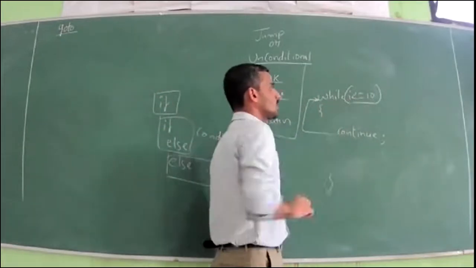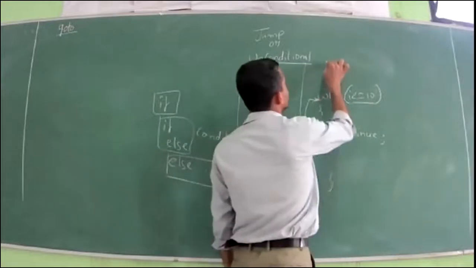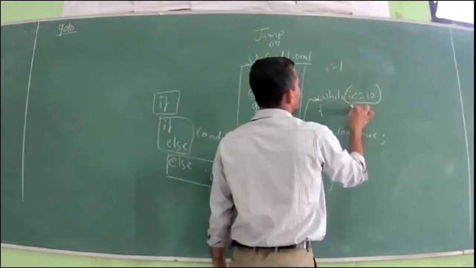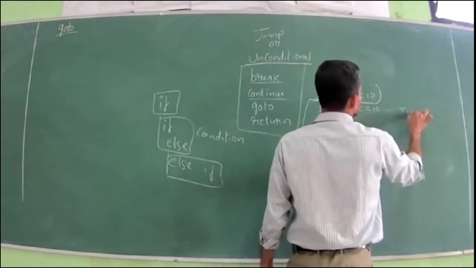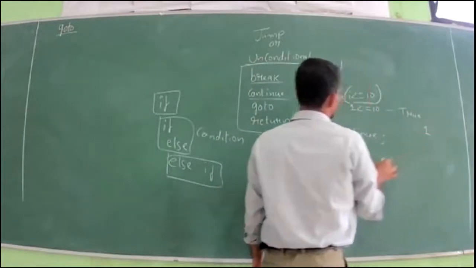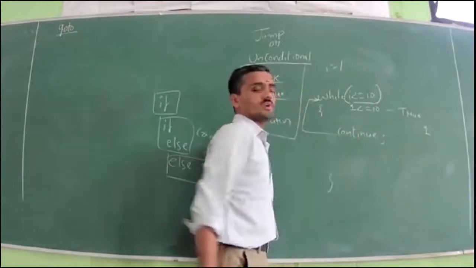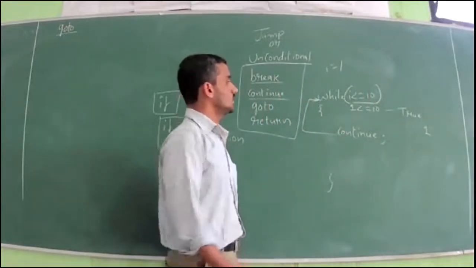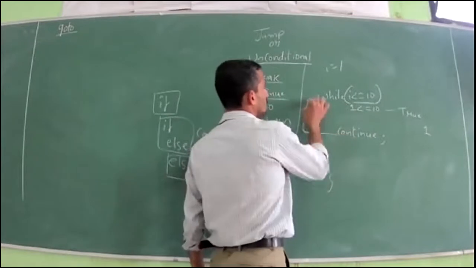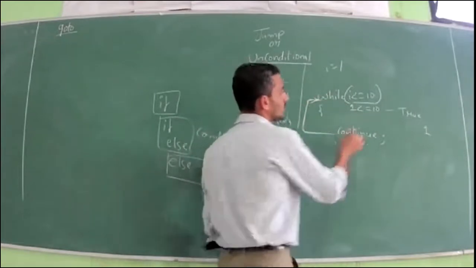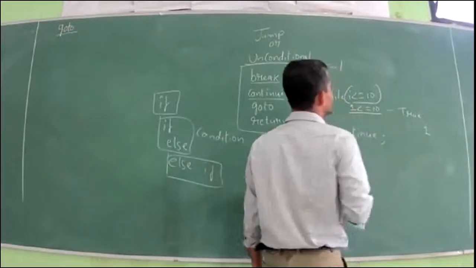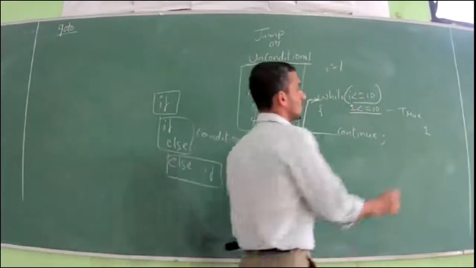Here also, if you don't write the condition, what happens? See, if I say i is equal to 1, so 1 less than or equal to 10, the condition will be true. Okay, value 1 is printed. And if you write the continue statement inside the while without a condition, again we are telling it to continue. So where does it have to go? That is the condition. So again, the same value is tested. 1 less than or equal to 10. Again, one more time 1 is printed.